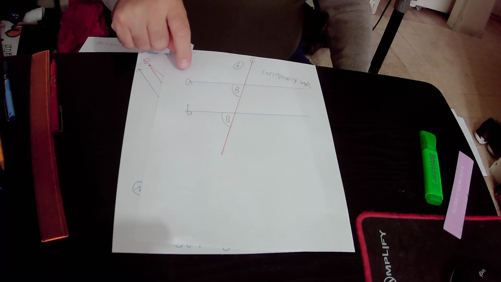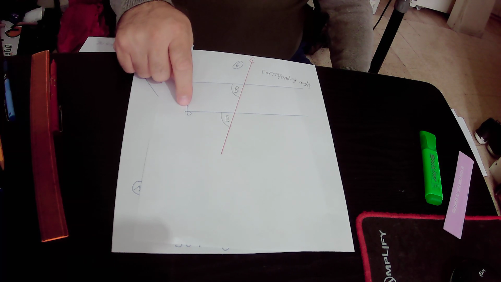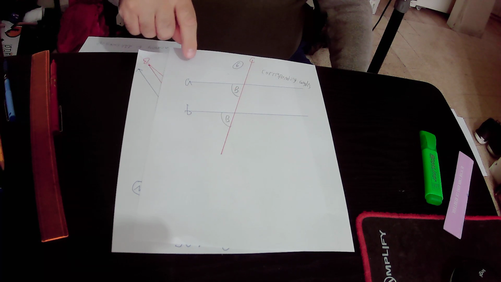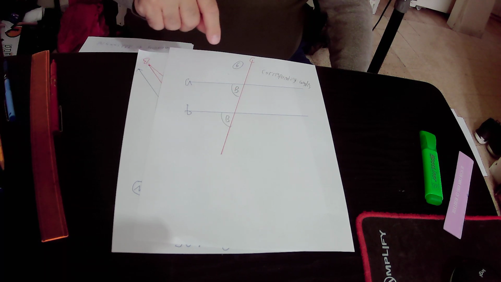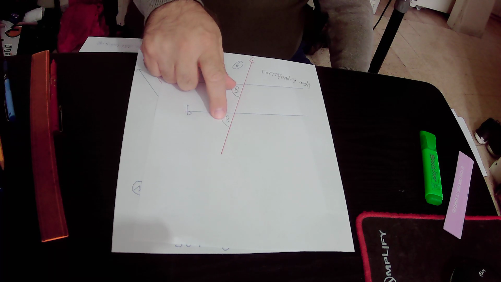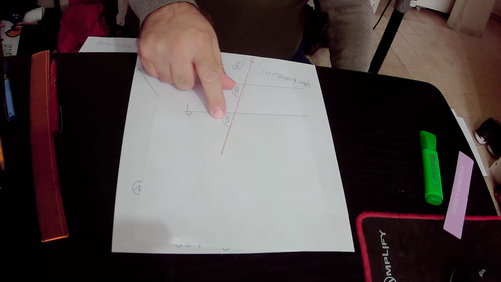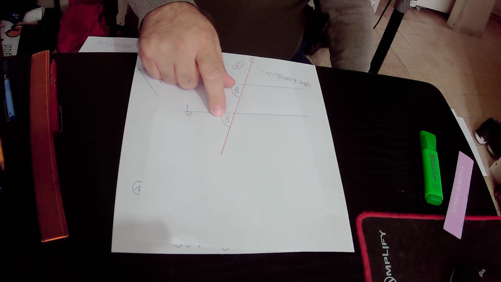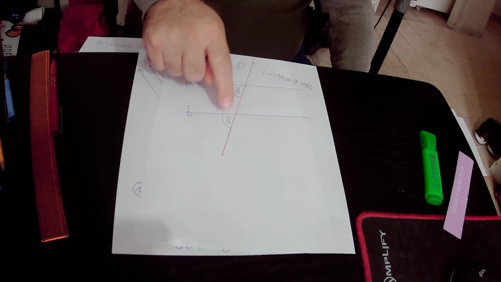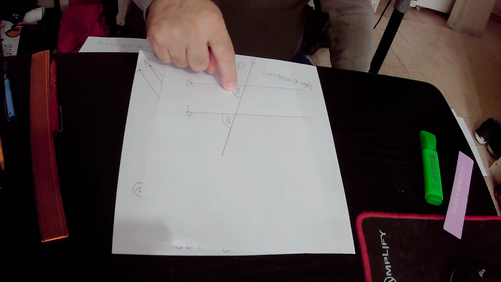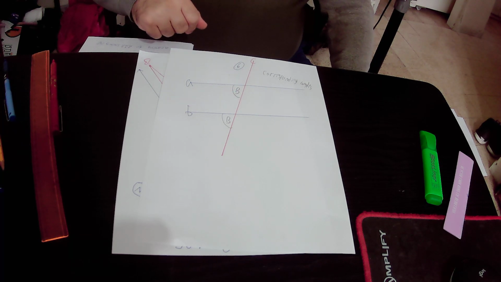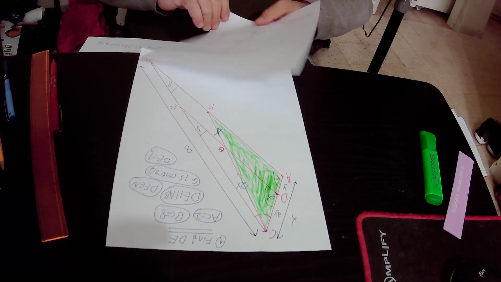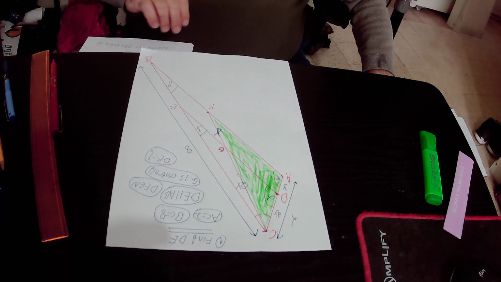We have line A that is parallel to line B, and line C intersects the two parallel lines A and B. Those two angles are defined as corresponding angles, and because those two corresponding angles are located between the parallel lines A and B, they will be equal to each other according to rule number 3. So if this angle is beta, then this angle will also be equal to beta. So we can implement rule number 3 in our drawing,